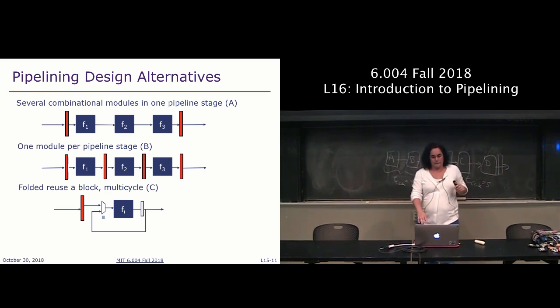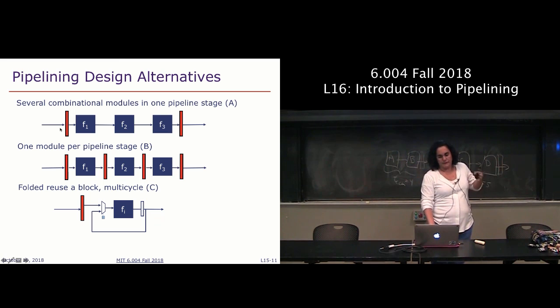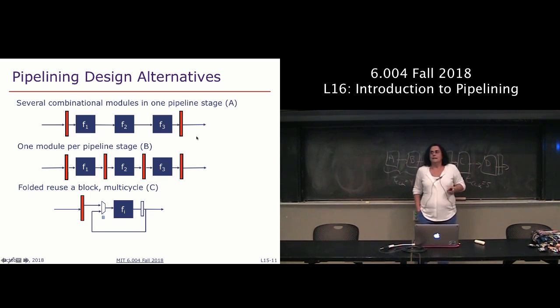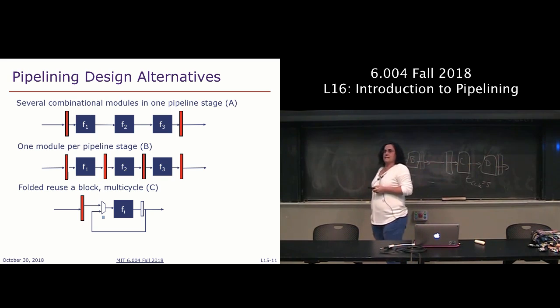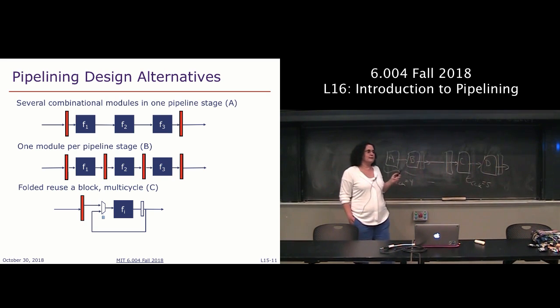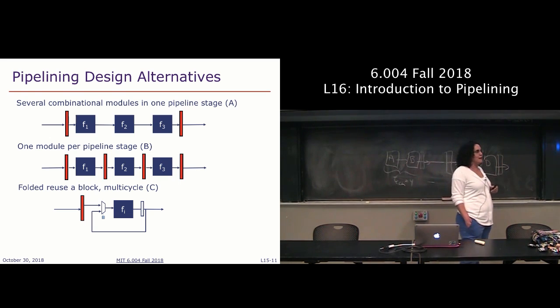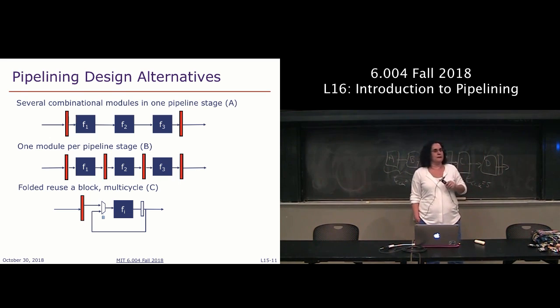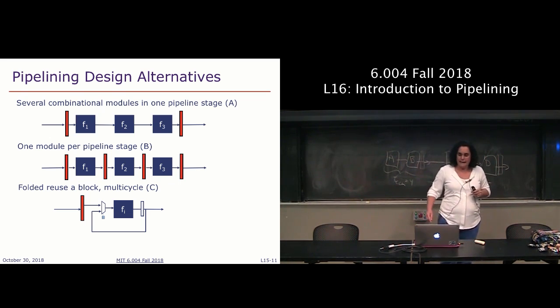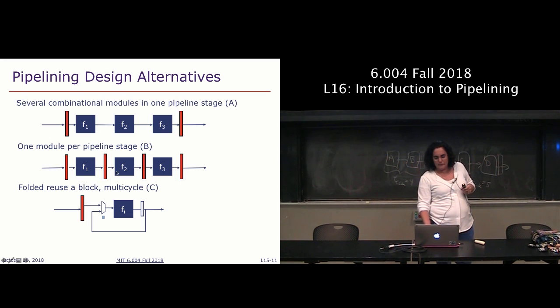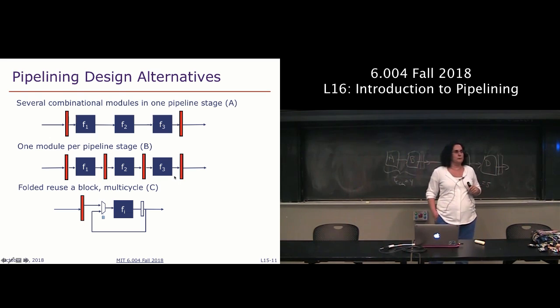So I have a pipeline register, ultimately when I'm combining this with something else that starts before my F1 and ends after F3. Okay? Now an alternative to that would be to say, well, I could get a better T clock if I put each one of these F modules in its own pipeline stage, okay? And so that's what model B is showing us, where F1, F2, and F3 are each in their own pipeline